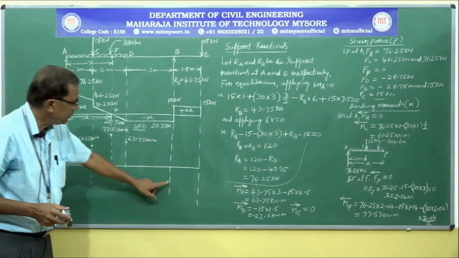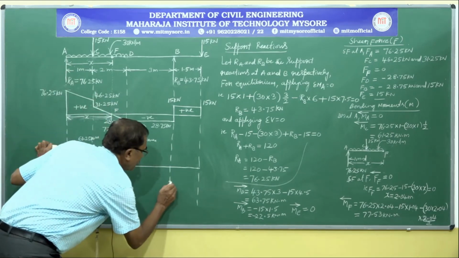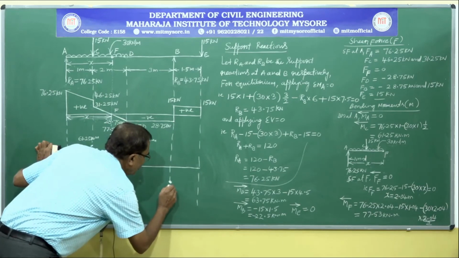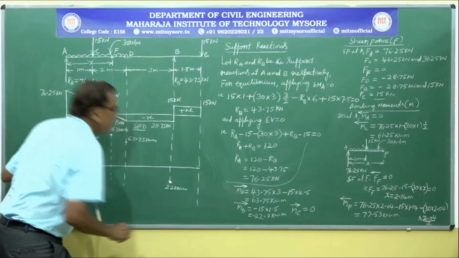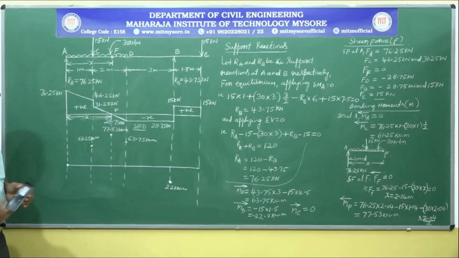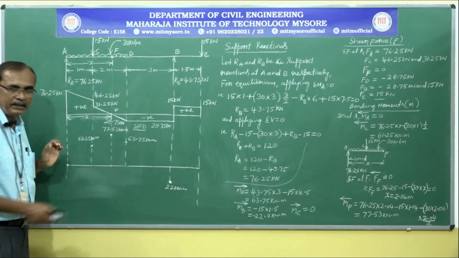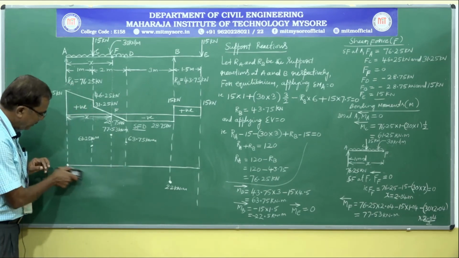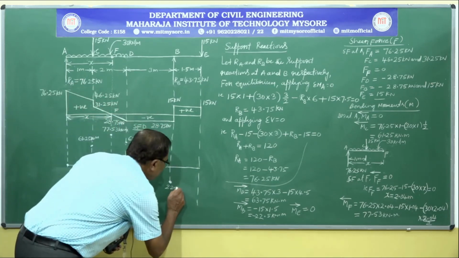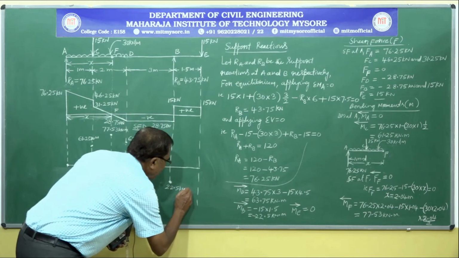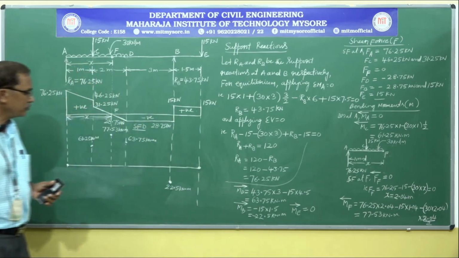Bending moment at point B, it is minus 22.5. When you write values above or below reference line, simply we ignore the sign conventions. When we write this value below reference line, automatically it indicates it is the negative value, 22.5 kilonewton meter. Lastly, bending moment at point E is 0.